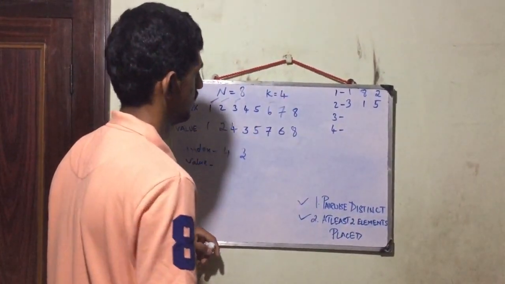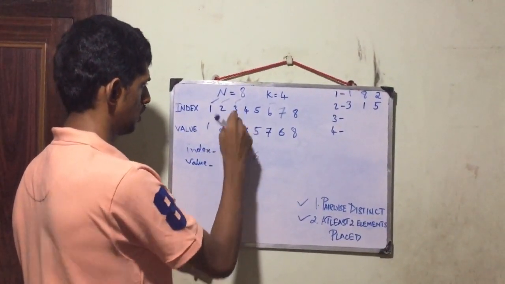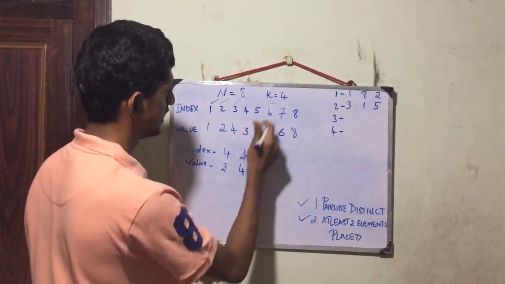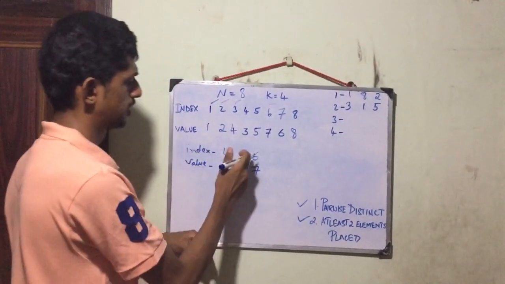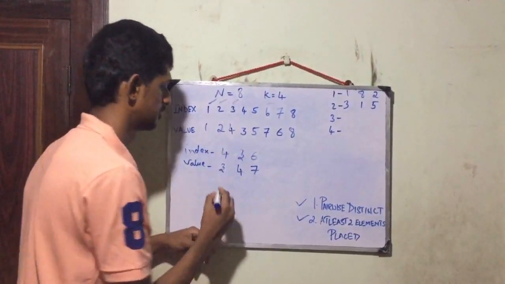For example, 6. So, I have corresponding value 3, and then in 3 I have 4, and then in 6 I have 7. 4, 3, 6. Yes, they are pairwise distinct. So, I can perform a right cyclic shift.